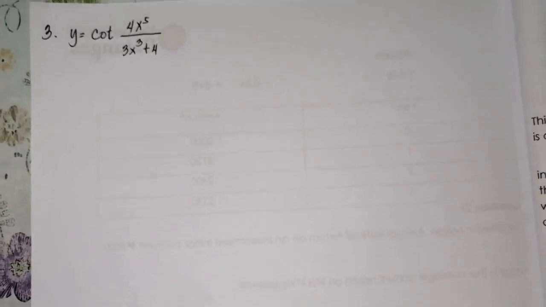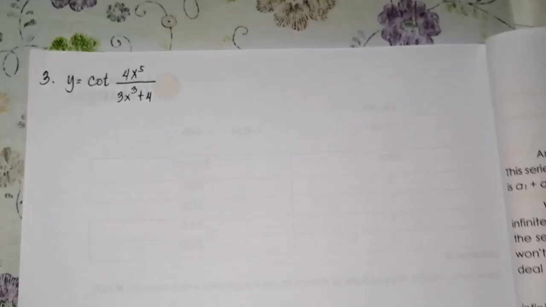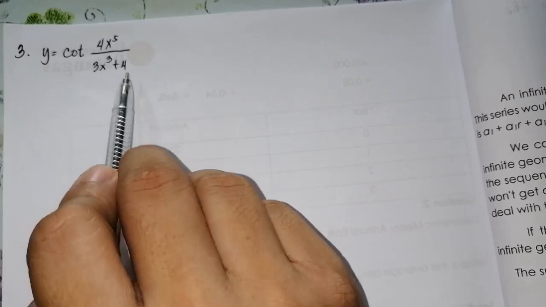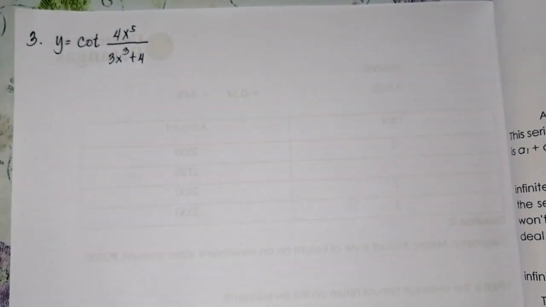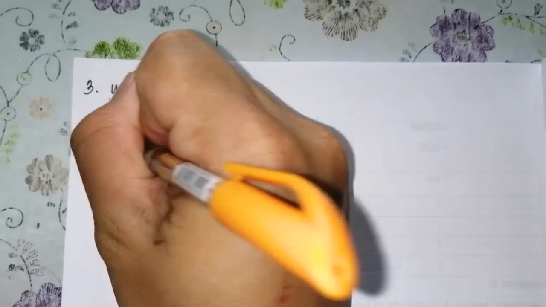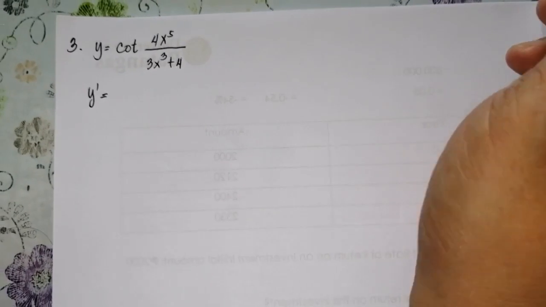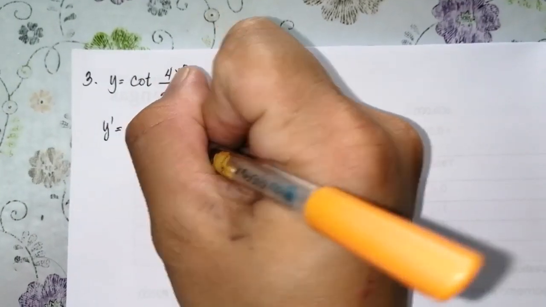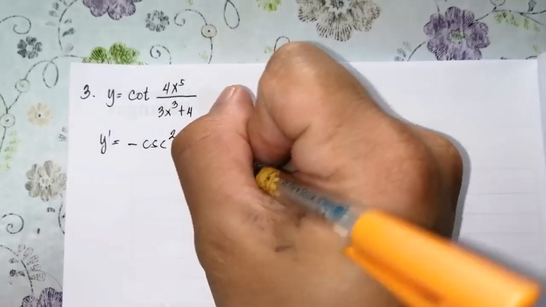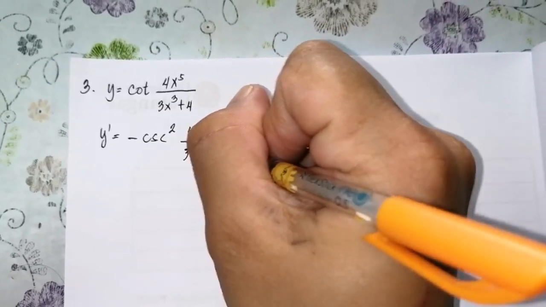So this time let's try one with a trigonometric function where we still use the chain rule, and we can see that the inside is in fraction form. So expect that we will be using the quotient rule. So get the derivative. y prime is equal to the derivative of cotangent, which is negative cosecant squared. So this is negative cosecant squared of 4x raised to 5 over 3x cubed plus 4